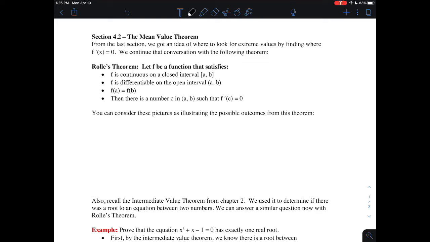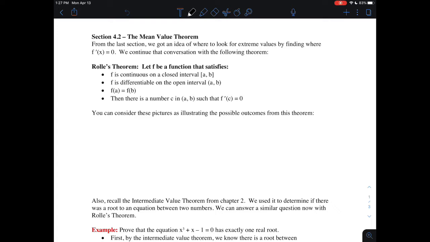Rolle's theorem. Let f be a function that satisfies the following. f is continuous on a closed interval [a, b]. f is differentiable on the open interval (a, b). And f of a is equal to f of b. So given those three things, Rolle's theorem then says there is a number c in the interval (a, b) such that f prime of c is equal to 0, meaning there is some place in that interval where the derivative is